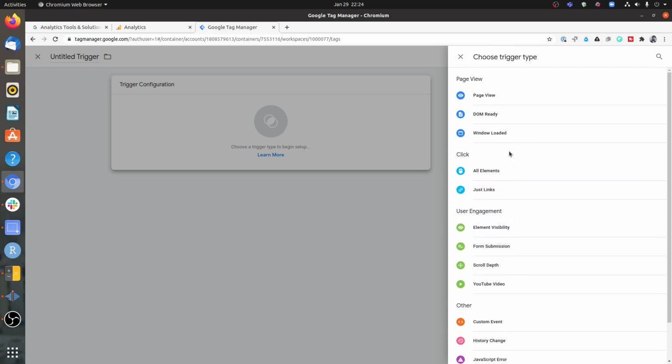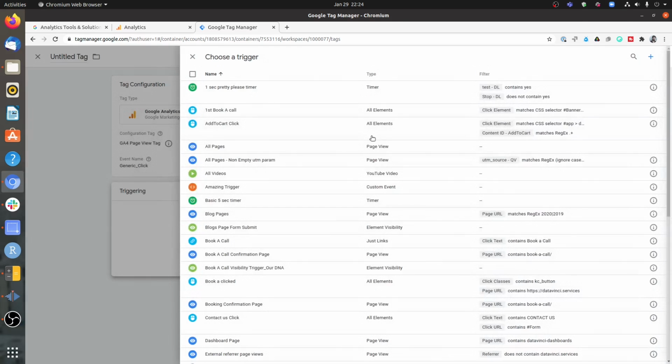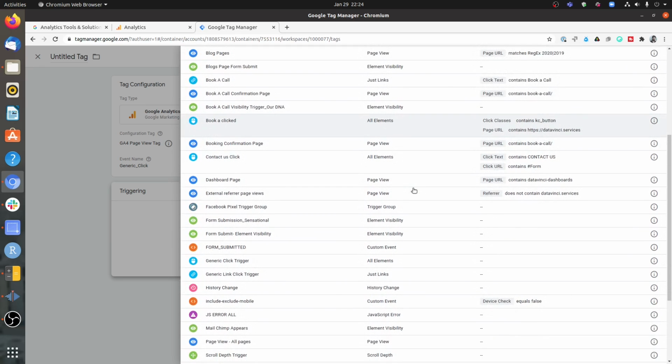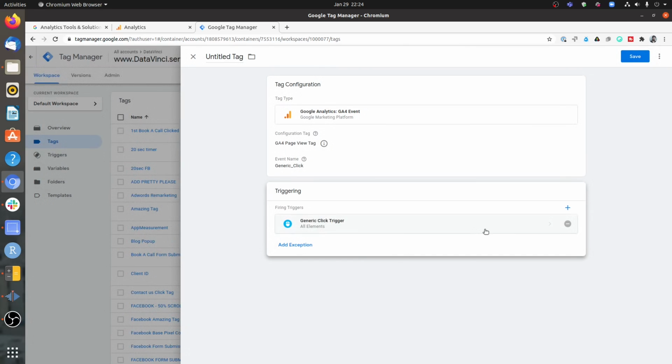All right, but let's say since we are doing this as a generic click, so we can create, for the sake of simplicity, just to keep things simple, all clicks. Let me also see if we already have a trigger that is created for all clicks. Okay, so we have this thing, generic click trigger. So if I select this, then this is a trigger that will fire on all the clicks that happen on